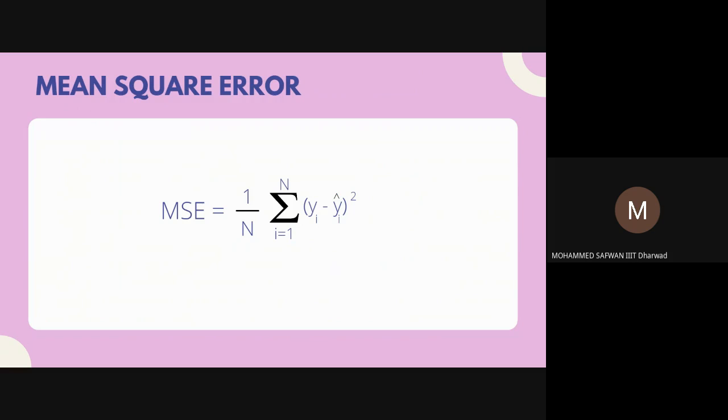As we can see in the equation, the yi is the actual observation and the yi cap is the estimated values. MSE is a risk function corresponding to the expected value of the squared error loss. MSE is a strictly positive value that decreases as the error approaches 0, and it is the most simple and common metric used for evaluating regression family